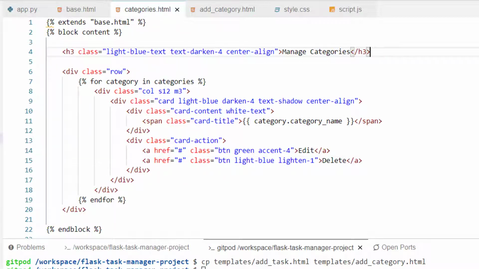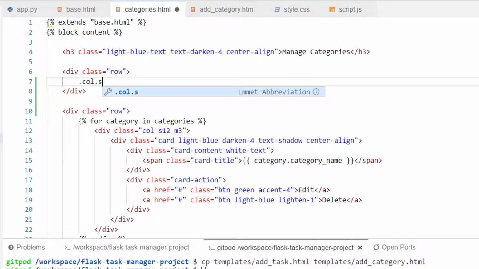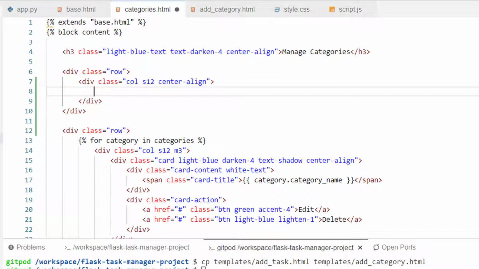Underneath the H3 header, we're going to add a button for the admin user to click and create a new category. Add a new row, and within that, a column spanning all 12 spaces by default, which is center aligned. Since this button isn't inside of an actual form, we don't use the actual button element.